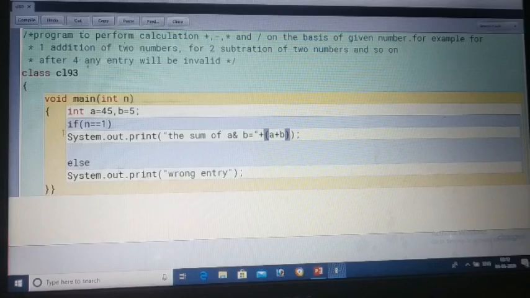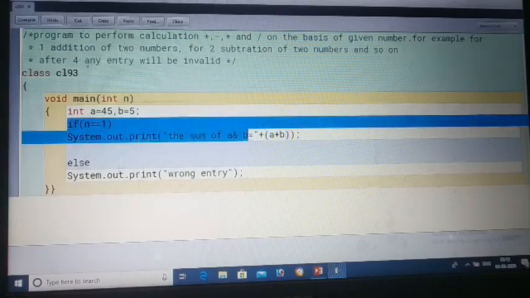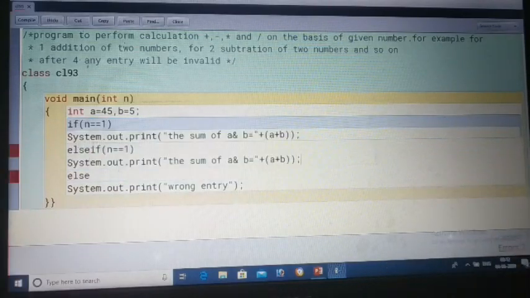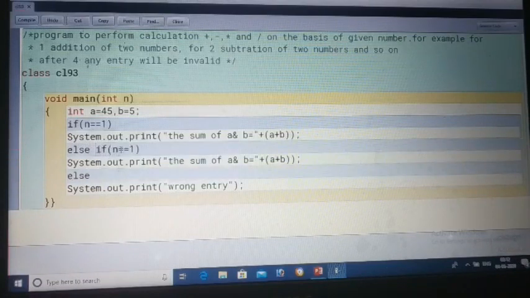After that, what will you do? You need not type, just do it, you work faster. Just copy it, put the else statements and then paste it. Change the value to subtraction, see.